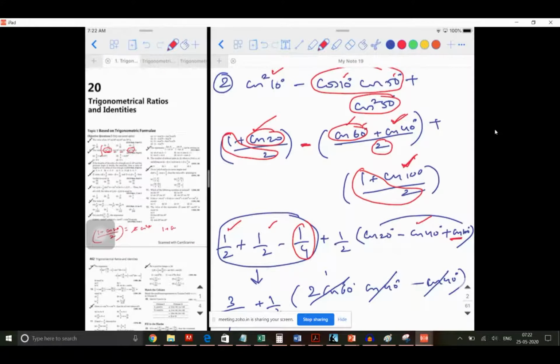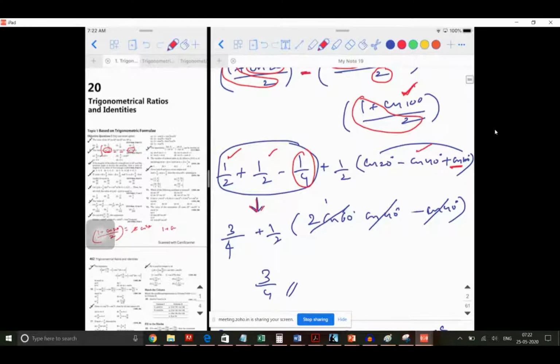So these three are left out. When you try to solve this particular quotient, what do you get? 1 minus 1 by 4 is going to give you 3 by 4, plus half into, again I have applied the formula. Sorry, I didn't take these two, I have taken the first and the last because cos C plus cos D